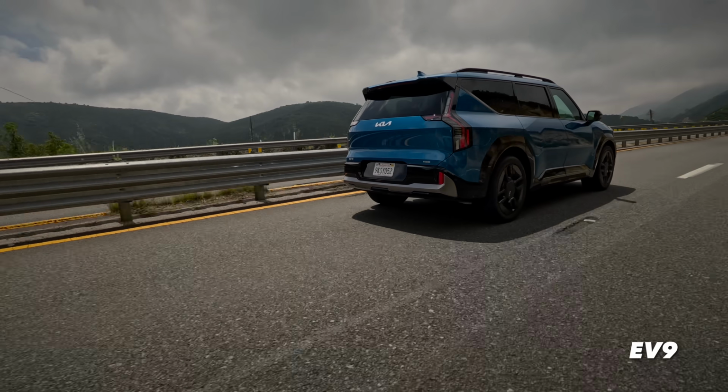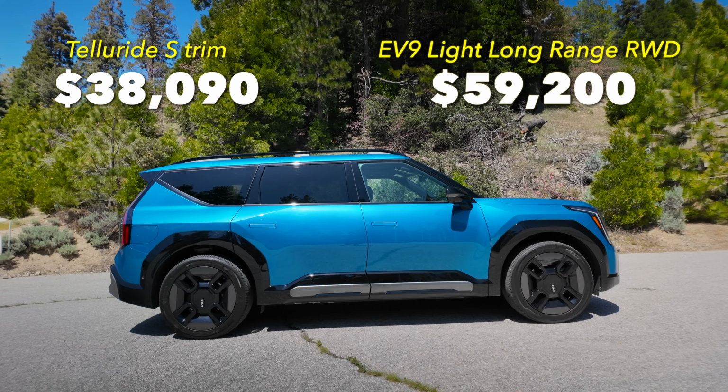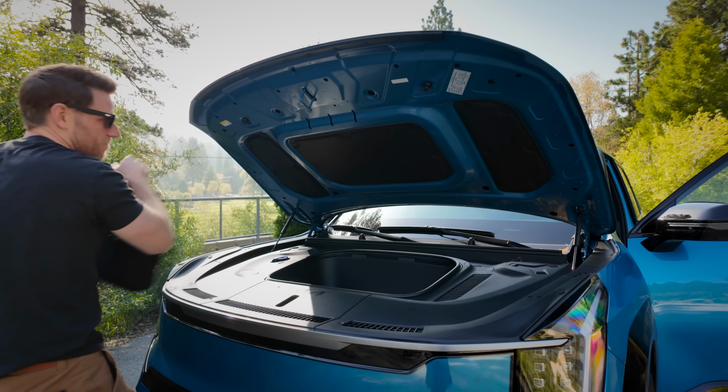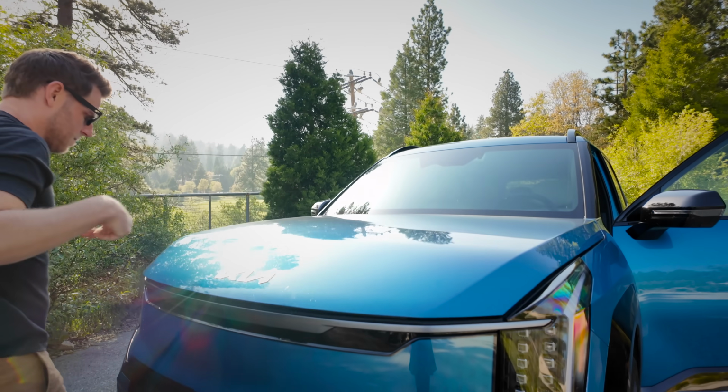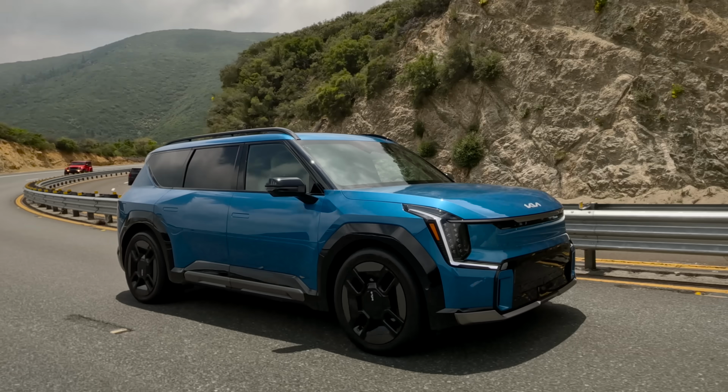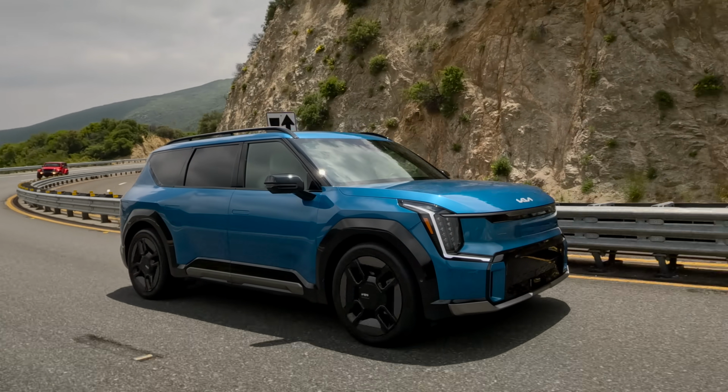But there is a caveat. In the trims we recommend, the EV9 is like $21,000 more expensive. I like a frunk as much as the next person, but you know what I like even more than that? 20 grand! As of when we're making this video, the EV9 is not eligible for that $7,500 federal tax credit